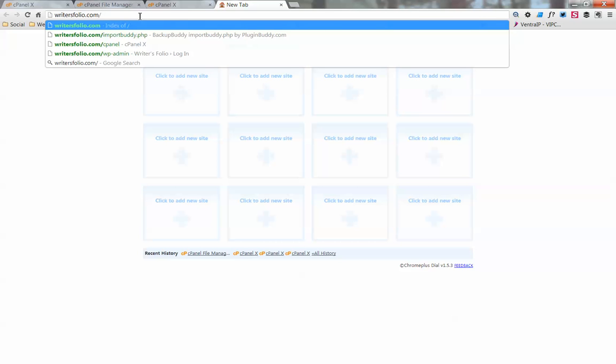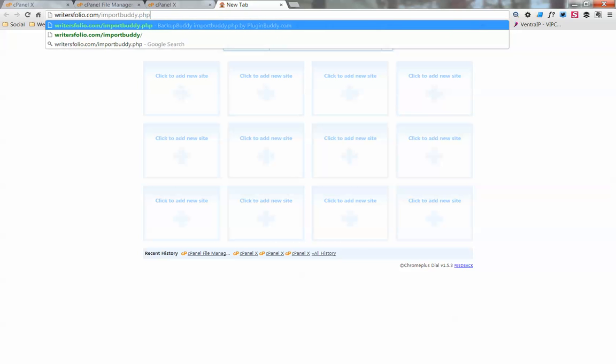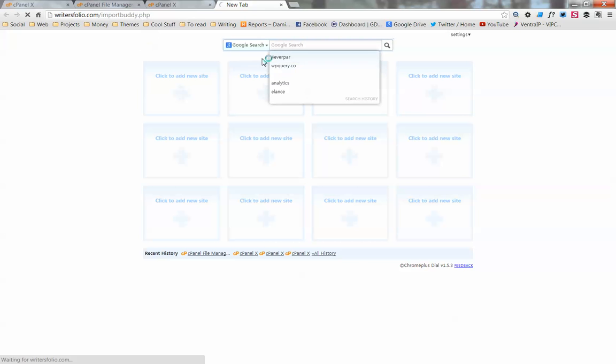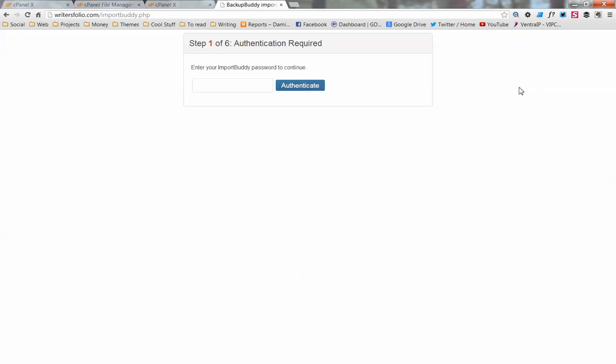And we type /importbuddy.php. Okay, we press enter, and this opens up, the little script now starts running, and this is basically going to walk us through the extraction process to our server. So what we do is, it asks us for a password. What we do is we enter, password will be pets123, and we click authenticate. Your password will be exactly the same as that,